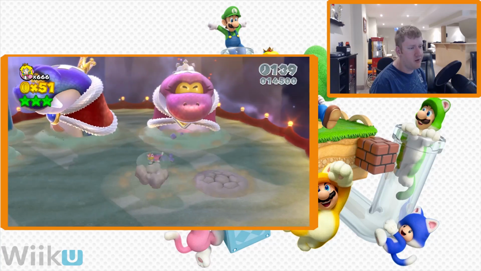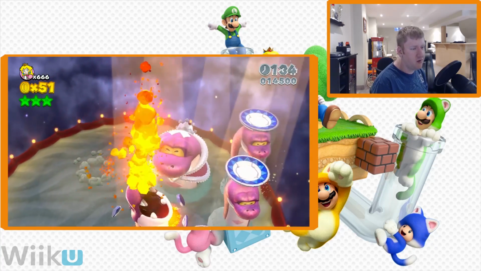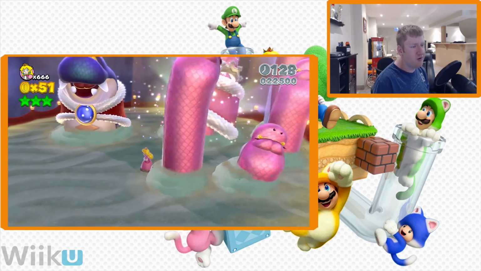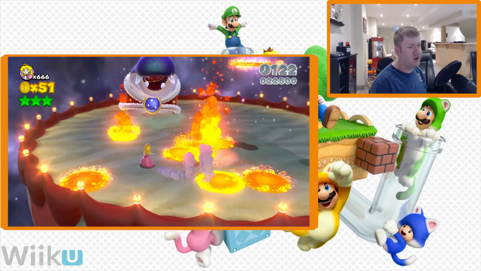Okay, we got the cat bell, now we need to climb up on something. But we got hit as soon as, okay, can we jump on her? Oh wow, we can actually, I didn't realize that. I thought we needed a cat to do that. That's hilarious. Maybe that's why I should have been trying to jump on them instead of...